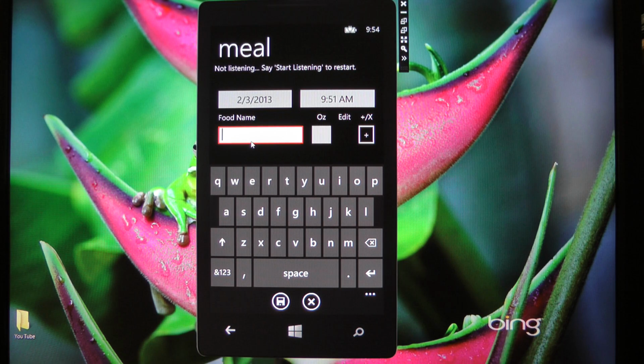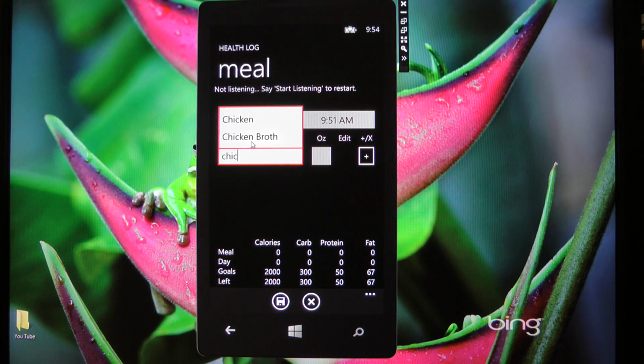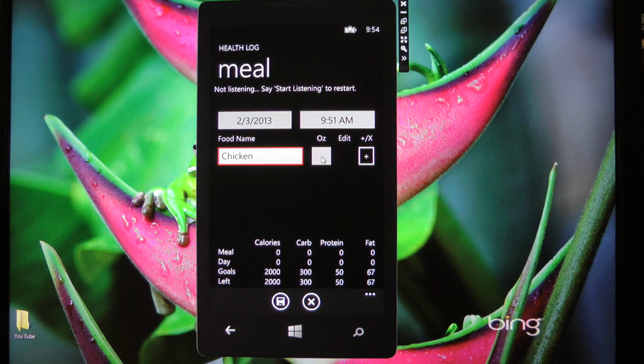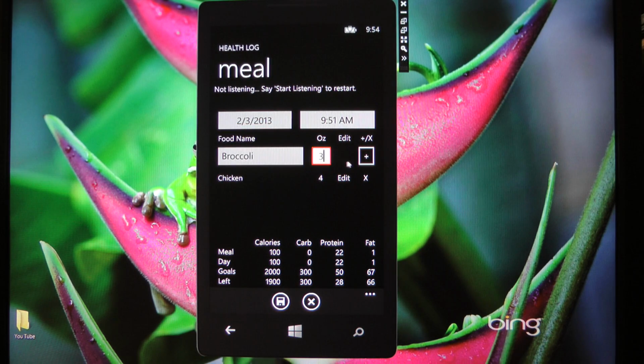I'm going to change this so that it allows me to type in the keyboard, chicken, say 4 ounces of chicken, and maybe broccoli, 3 ounces. That shows you that you've entered these items, and as you do, the calories, carbohydrate, protein, and